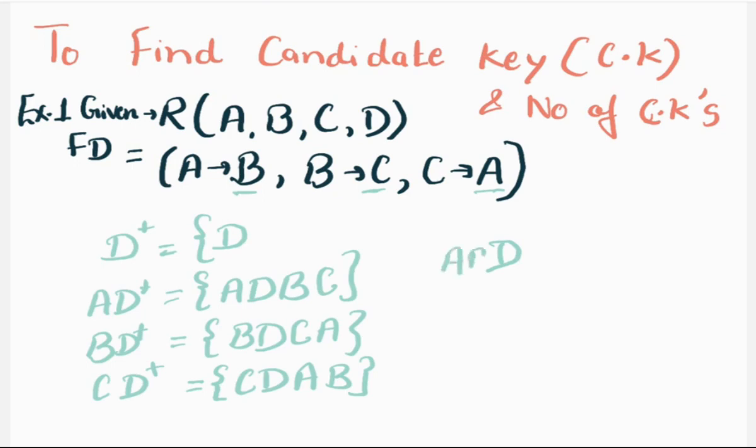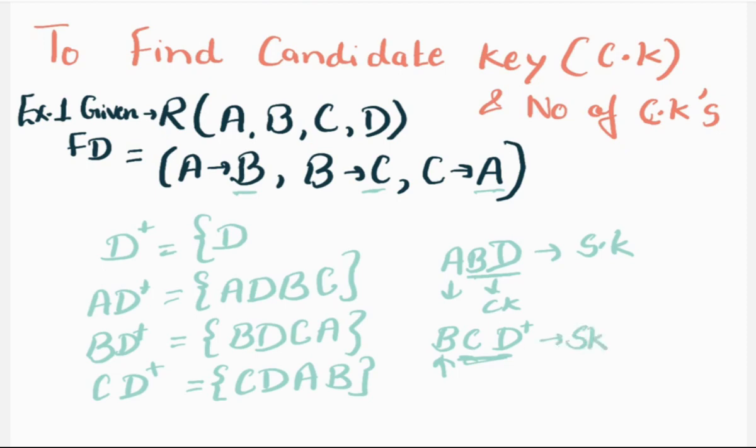If we take AB, this is ABD and BD is already our candidate key. So if we put one more attribute with it, it will not be a candidate key because it will not be unique. It is a super key, but not a candidate key. If we take BC, we can again see CD is already there, which is our candidate key. It should be a minimal key, so CD is already there. So with B we will not take; this will be a super key but not a candidate key.